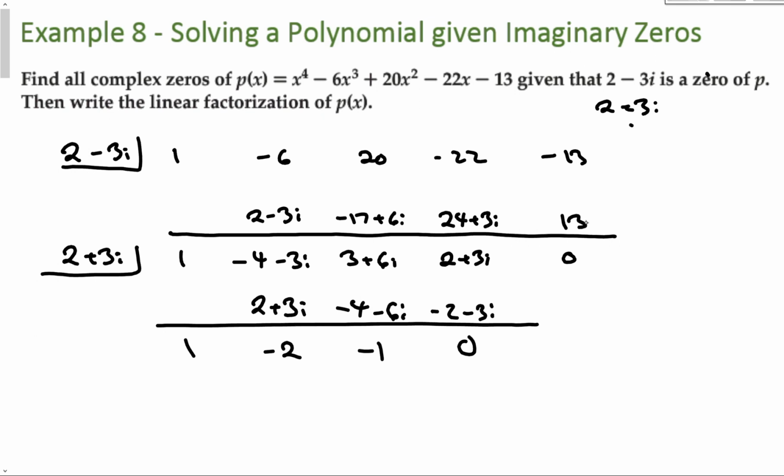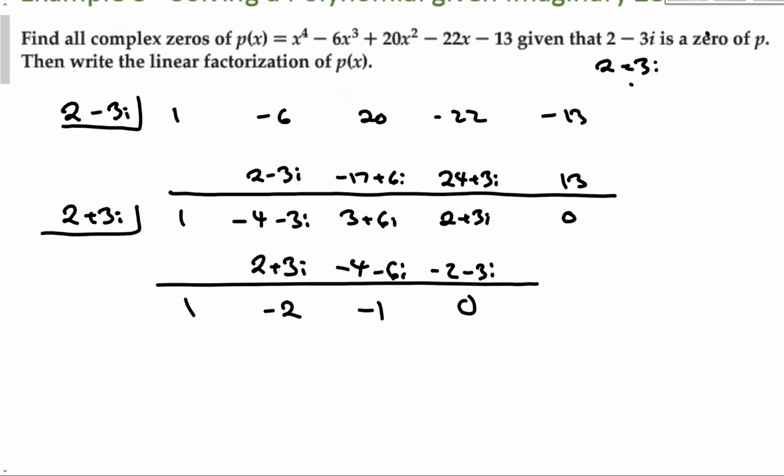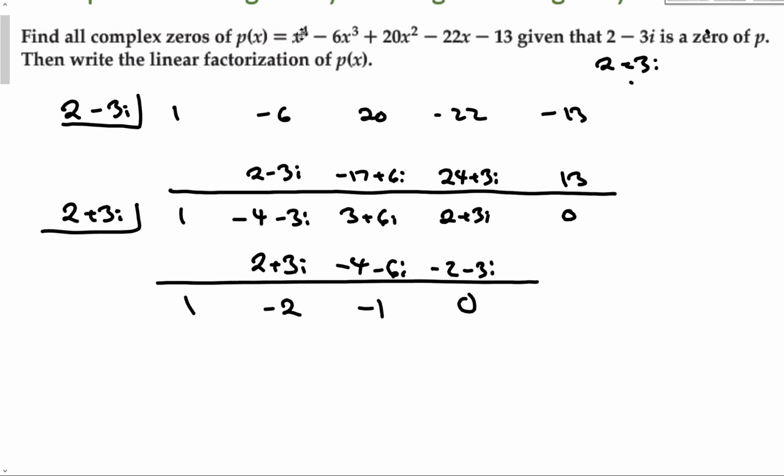Which works, which is good, because it's supposed to. Okay, so the first division is rather difficult. The second division should work out very nicely. If it doesn't, you better check you did something wrong. Okay, we started this polynomial with x to the fourth, dividing out a linear factor. This is still a linear factor, turns it into x to the third in this row, x squared right here. So we're left with x squared minus 2x minus 1,